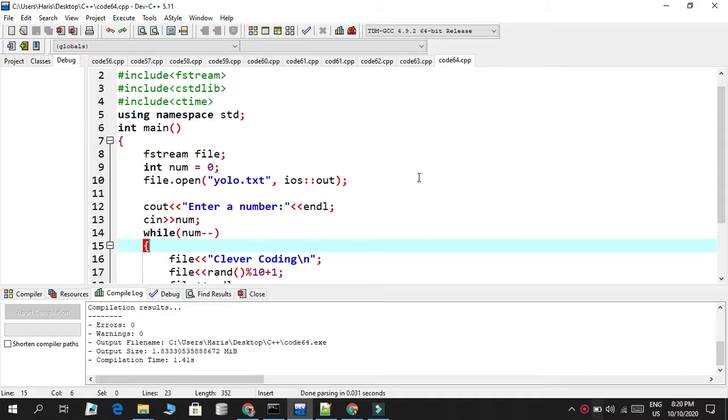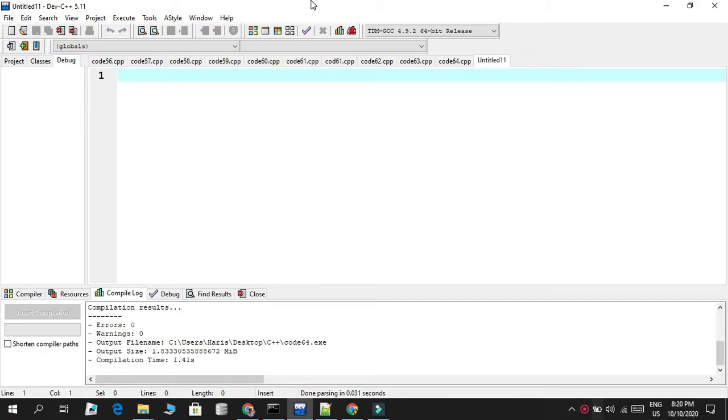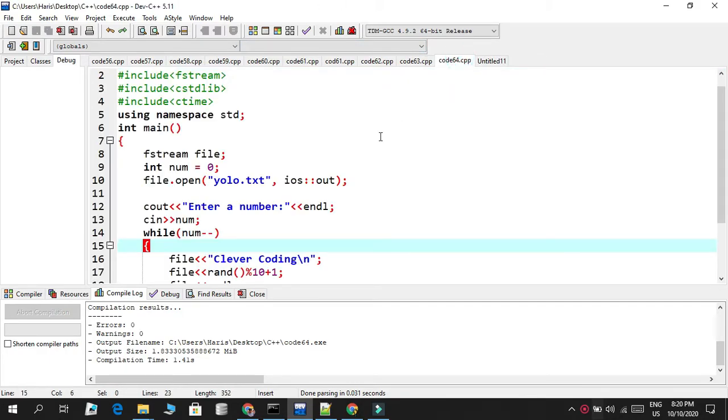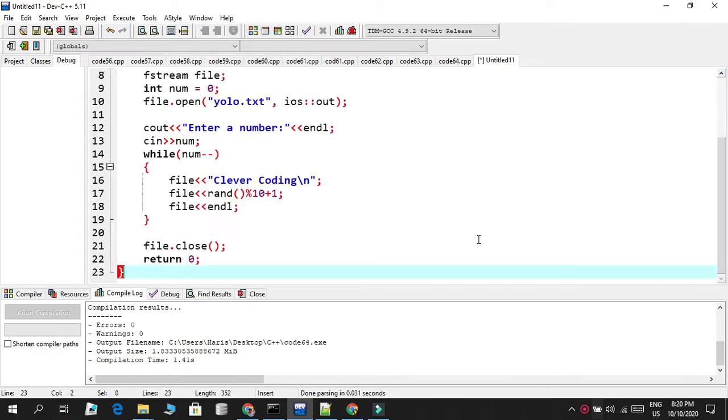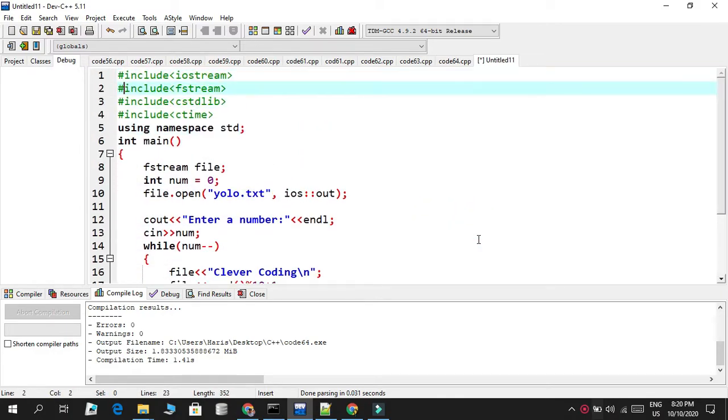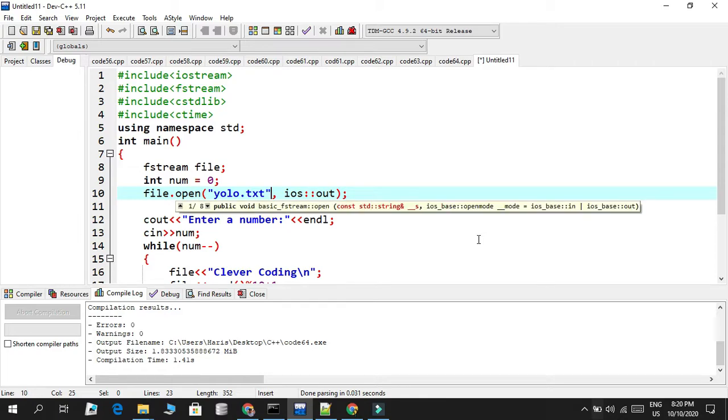Now in today's video, we're going to first get this same code. So we're going to press Control A and C on this, and then Control V over here, just copying this and modifying it a little bit to just read the file. Okay, so we have the file present. We have it as YOLO.text stored in the specific directory where the executable file is available,